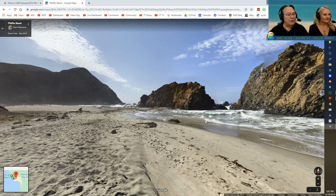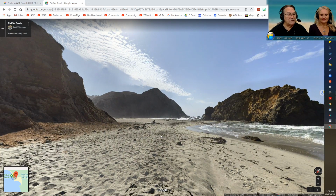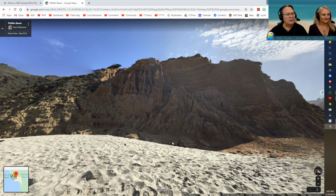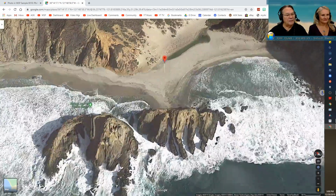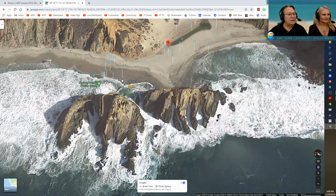But it's a beautiful area. This is kind of looking towards where I actually made the first of these images. As you can see, it's just beautiful, and you can't see it as much here because of the lighting. But the mountains have a reddish brownish tint to them, and they produce some of the sand that we're going to see today. I've got some photographs of it, so you get a better sense of it. But let me see if I can drag the little yellow guy to a place where I had this one great